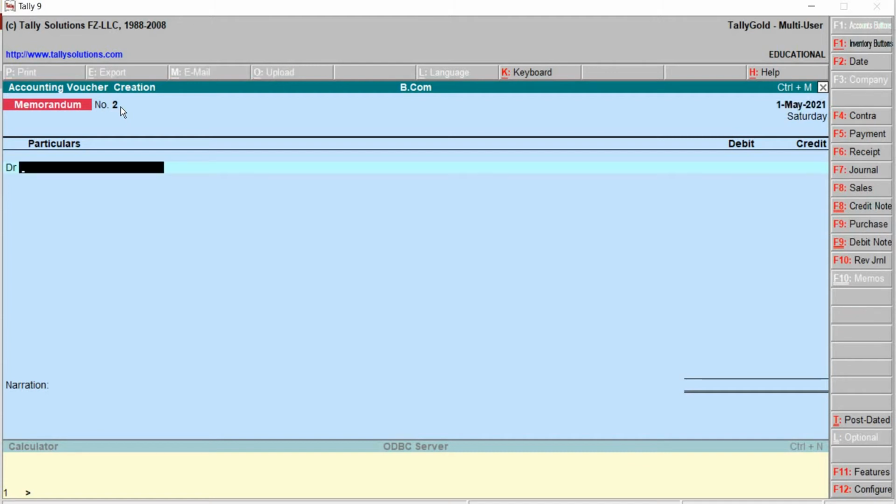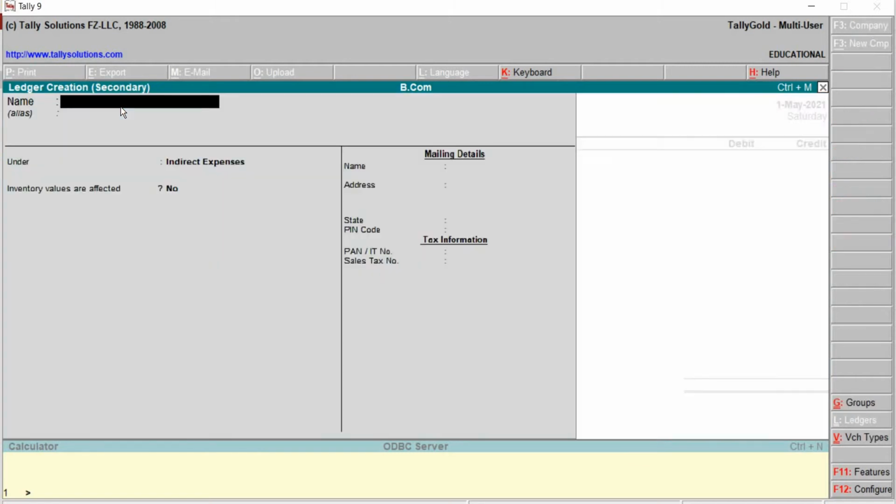here in this case, the payment towards the traveling is done in the form of cheque to the employee. In that case, debit will be traveling expenses, credit will be in the form of bank. Debit traveling expenses has to be created. I'll use Alt C to create traveling expenses,